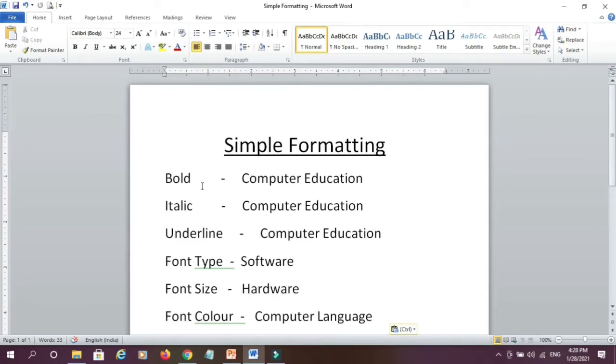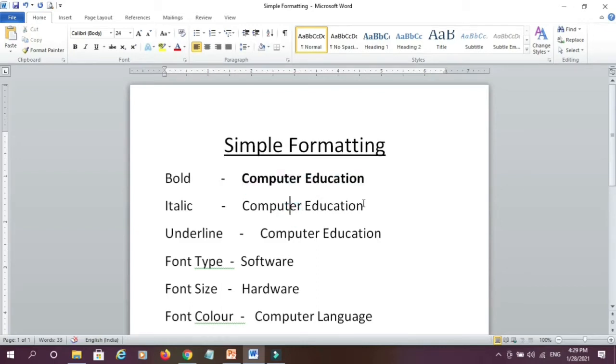This is my Word file. So for making my text bold, I'll just select this text and go to this bold command and click on that. You can see here my text becomes bold. Similarly, I can press shortcut key Ctrl plus B for making this bold, or suppose if I press this bold button again, so you can see that my text becomes original text, that means normal text. So this is bold.